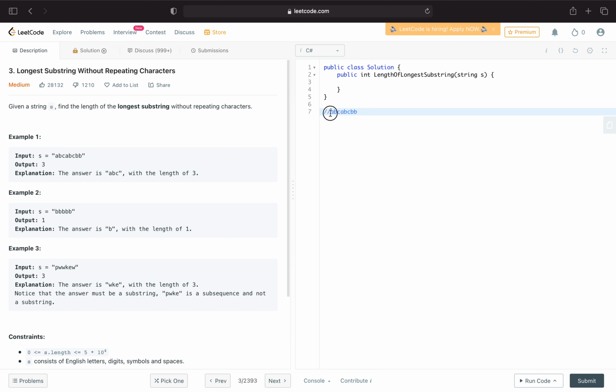Why? When we take substrings without repeating elements, we will get ABC, BCA, or CAB, right? So the longest substring is just 3. We cannot get 4 elements without repeating, right? So just 3 is the longest one. Okay, the way